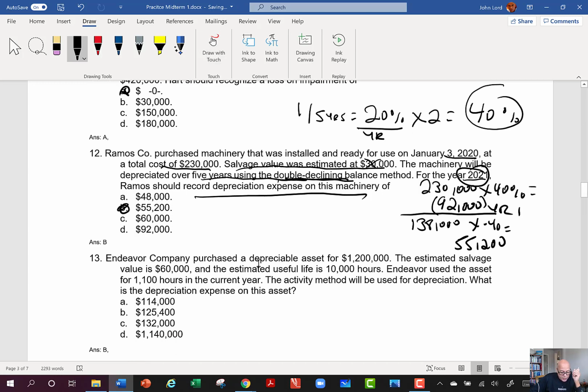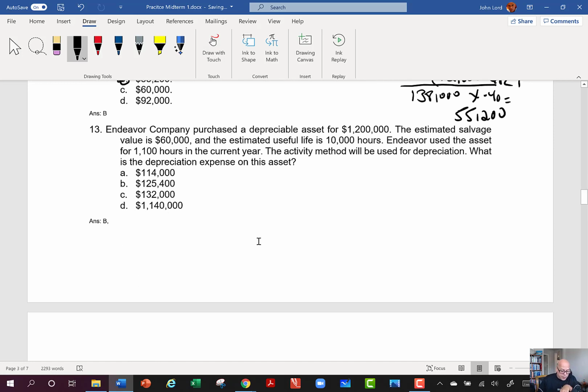Now we come over and we take a look at number 13, Endeavor Company, and they're going to use the activity method for the depreciation. So activity method, like straight line, takes whatever you paid for the asset, $1,200,000, subtracts the salvage value, which is $60,000. So we get that depreciable base similarly to how we would with straight line, and that gives me now a depreciation base of